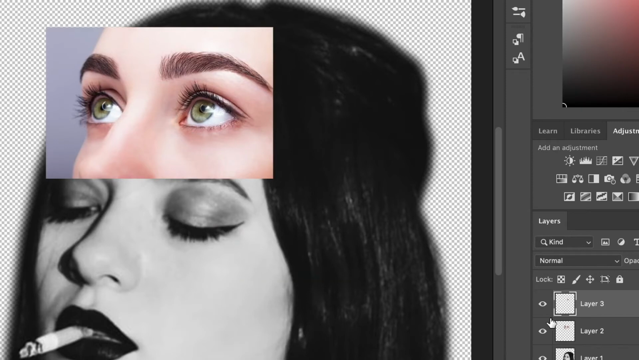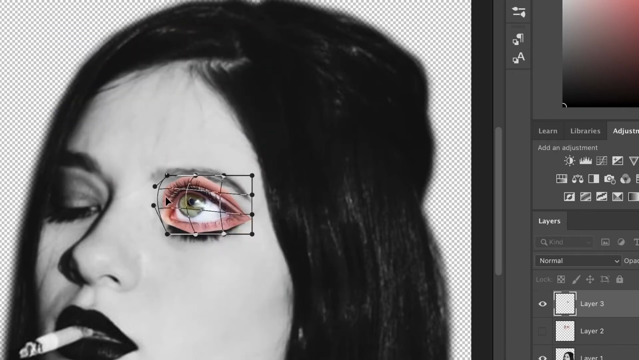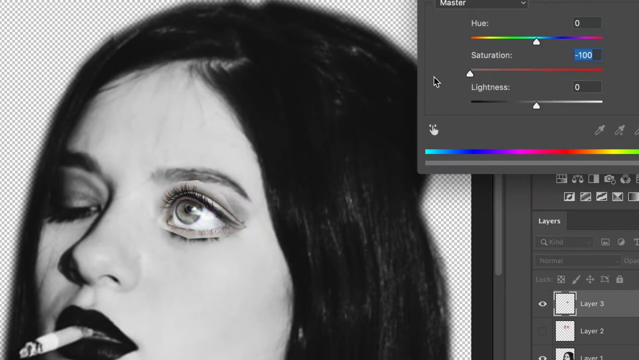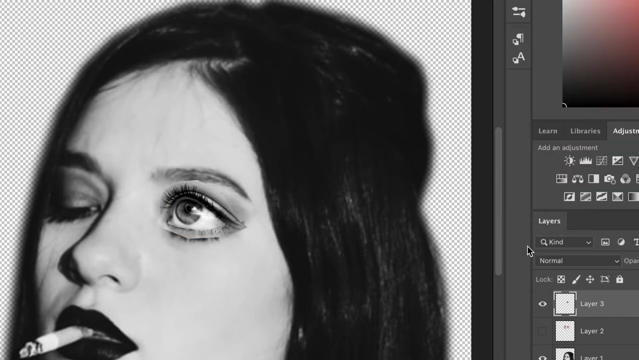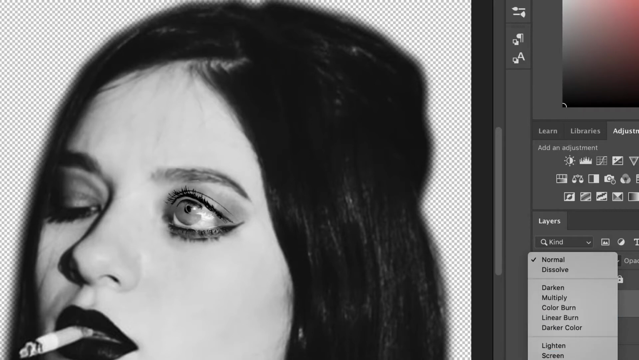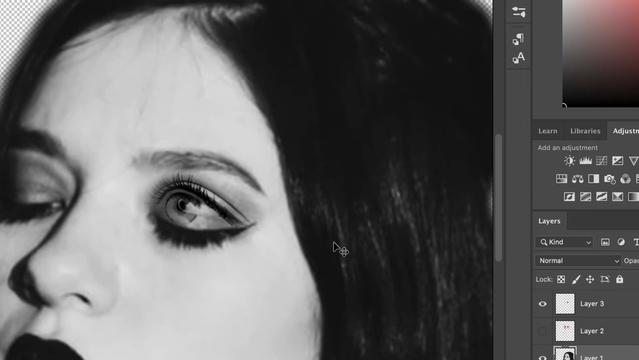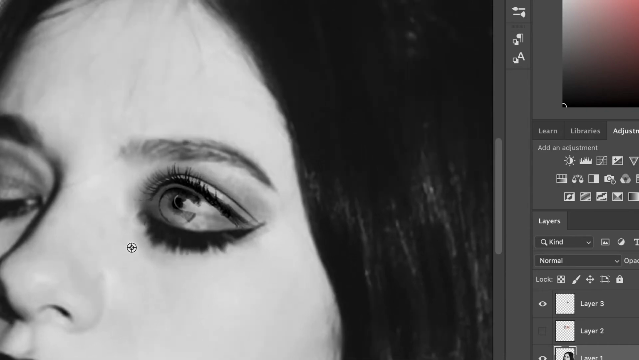And I did this in a really tricky way by warping the eye onto her eye shape, desaturating all the color out of it. I did a few different layer blending styles. This one was set to darker color. And then I went onto the original layer of the woman, and I got the clone stamp tool,